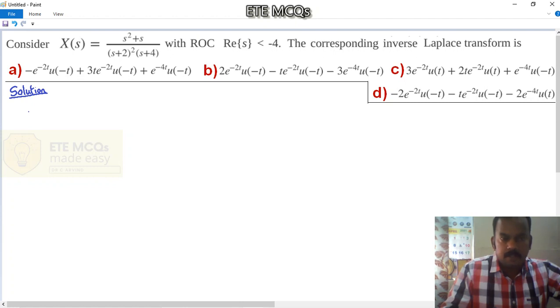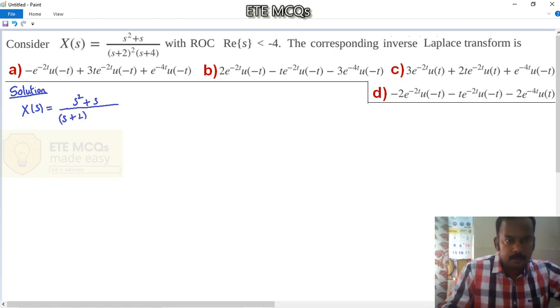Now let us solve the NPTEL assignment problem. Consider X(s) is equal to (s squared plus s) divided by (s plus 2) the whole squared into (s plus 4). So we are given X(s) is equal to (s squared plus s) divided by (s plus 2) the whole squared into (s plus 4). So this is given for us